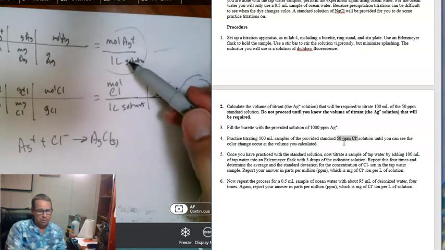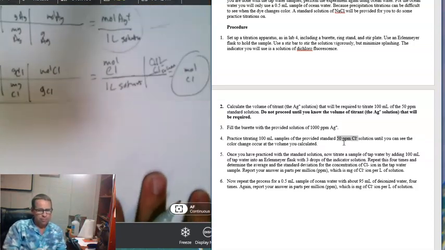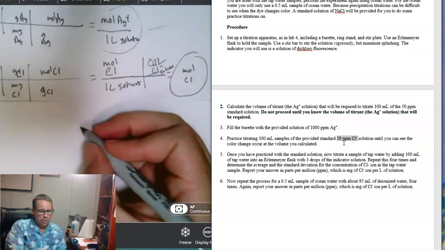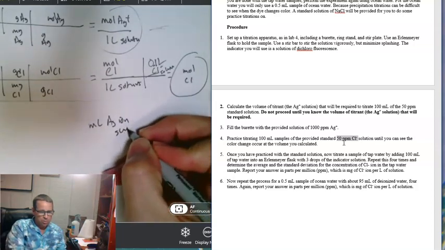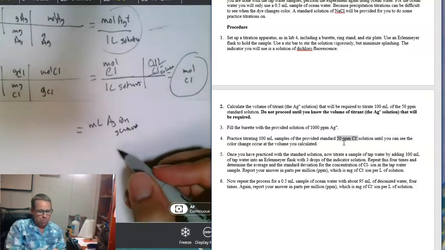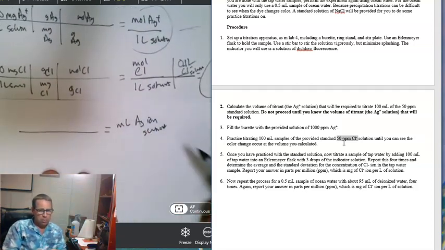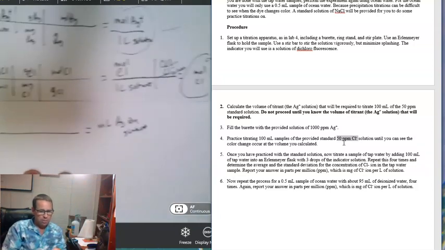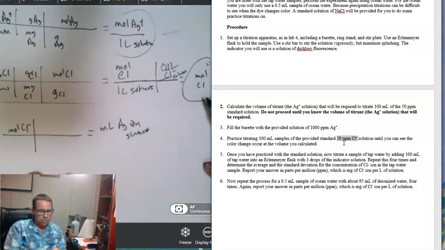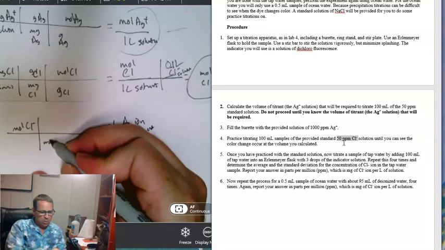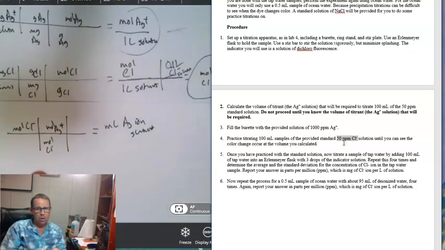For the silver ion solution concentration, we would want to identify the milliliters of the silver ion solution that are going to be required in our titration, right? And we would know how many moles of chloride ion. We could put that here: moles of chloride ion that are going to be in the sample that we start with. Convert that moles of chloride ion to moles of silver ion. That's a 1-to-1 ratio as per our